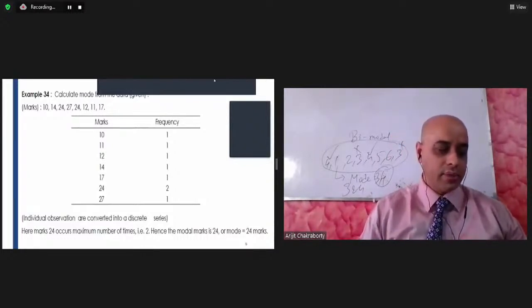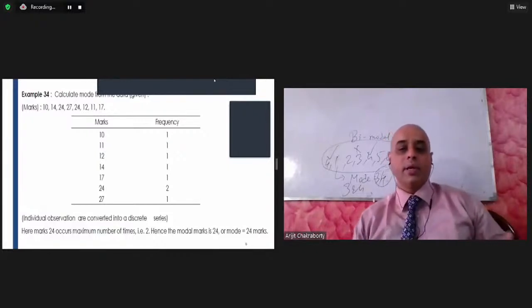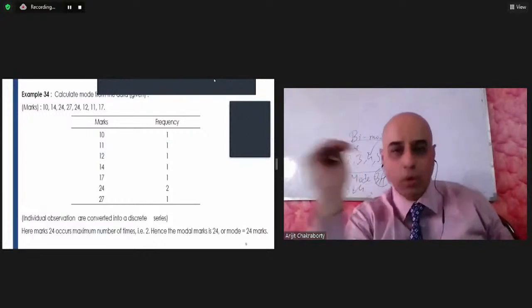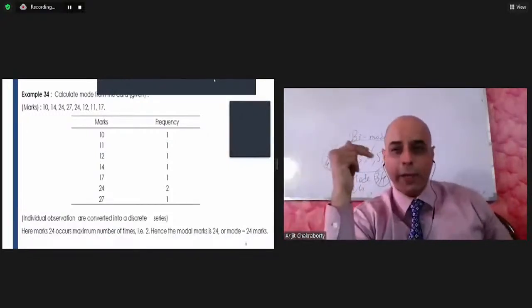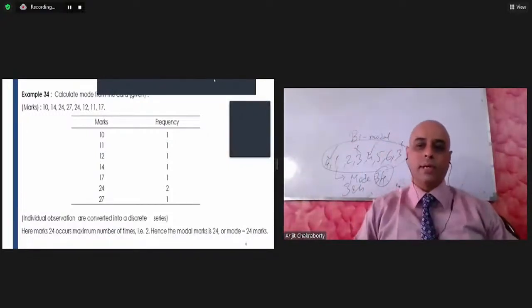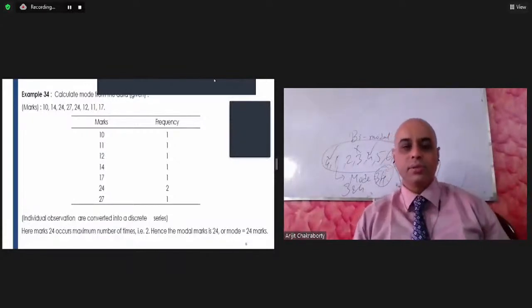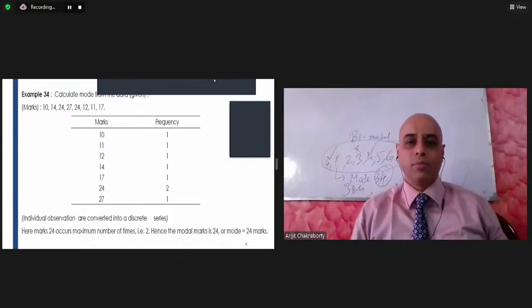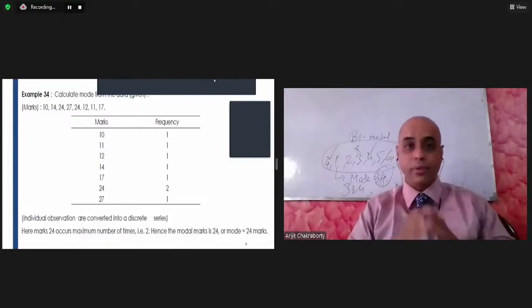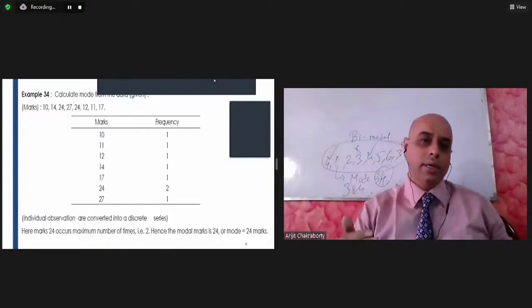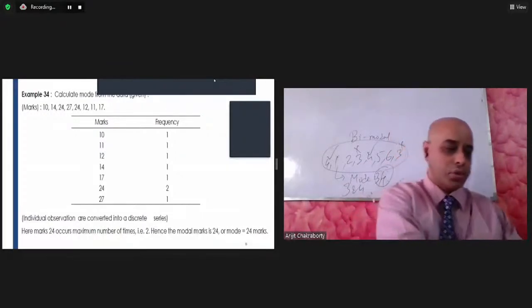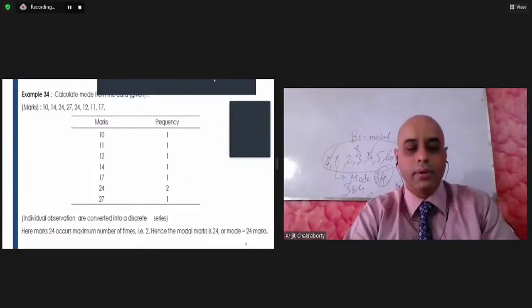So we can see that the mode here is 24, and therefore the modal marks is 24 because it has the highest frequency in this example. In this slide, 24 appears 2 times. So we can say that the mode is 24 because we know mode means that variable which has the maximum frequency in the distribution. Okay. Now let us look at,